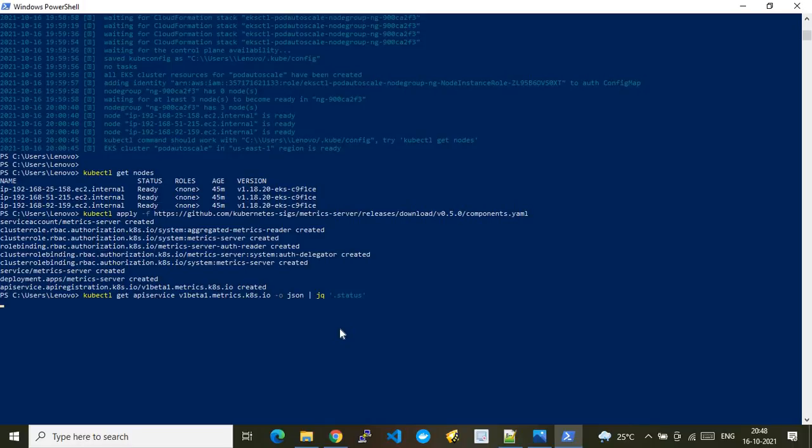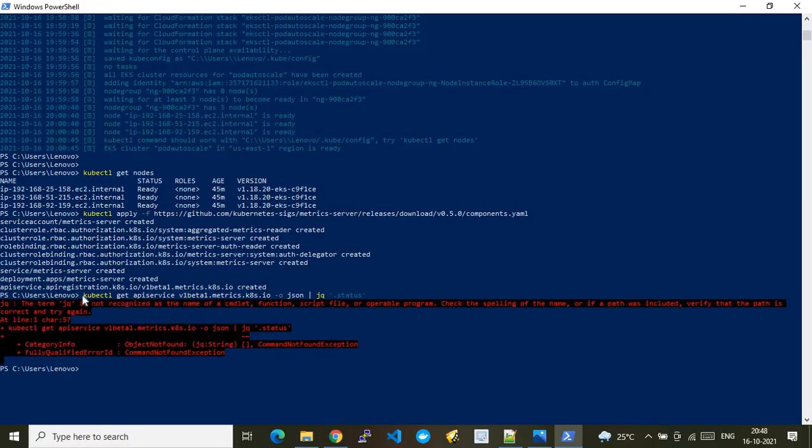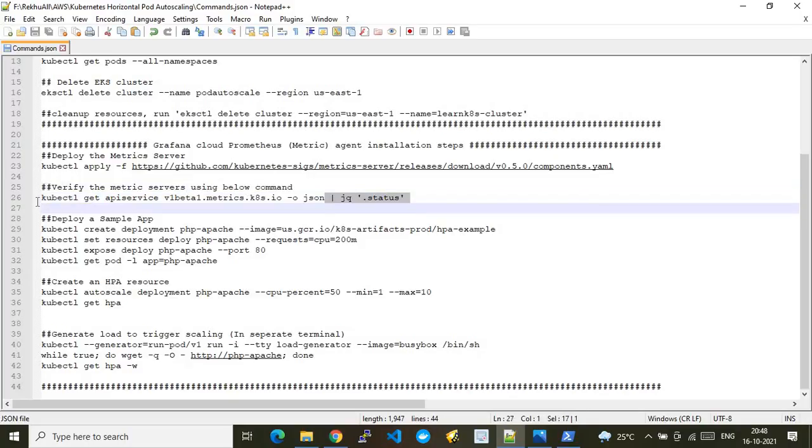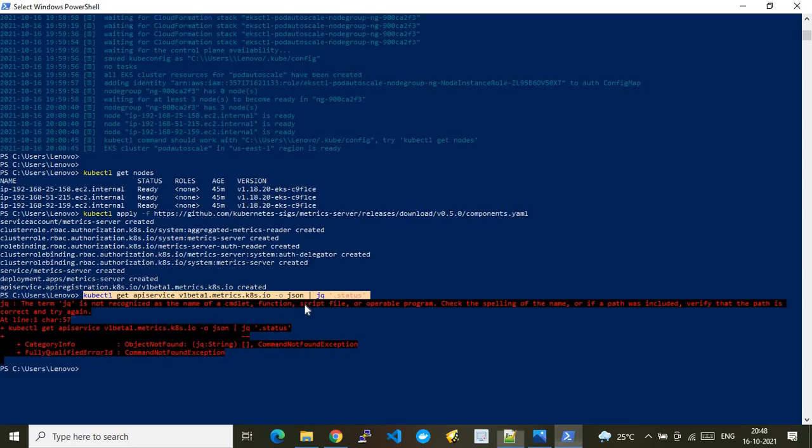I just ran this command, kubectl API server, and there looks like some issue, but we can correct it now. If I run the command kubectl get API server, because it does not support the jQuery, let's use this. So this is like live troubleshooting for you. Since we use jq, it is not identifying it, because mine is a Windows system. In your case, if it supports jq, it would probably work.